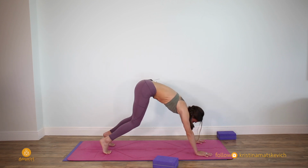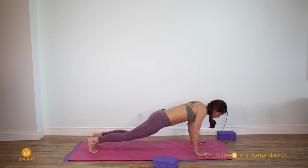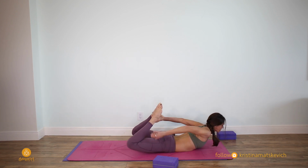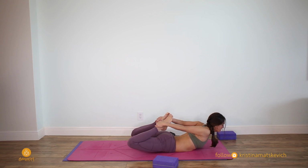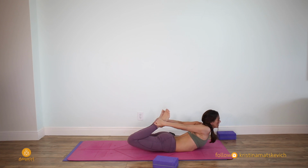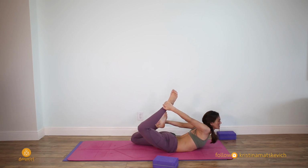Inhale and exhale, slowly lower down to your knees and transition to your belly. And bend your knees, send your palms to grab your feet, activate the core. Start pressing your feet into the palms, reaching your knees as high as you can up towards the ceiling, straightening